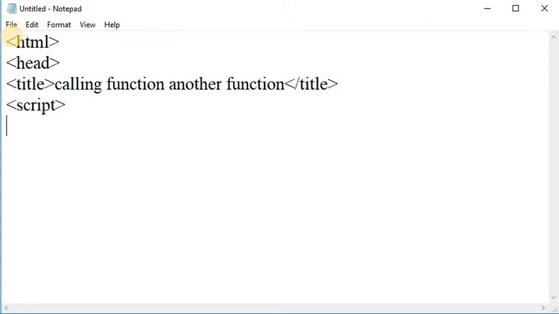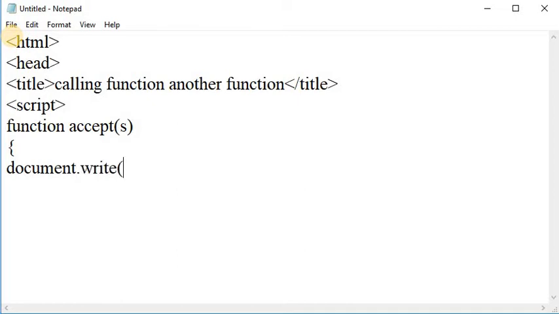In the script tag I am taking one function, that is function accept, and in the function I am passing one argument, that is s, and writing the document.write method.